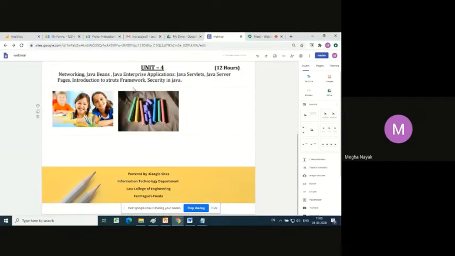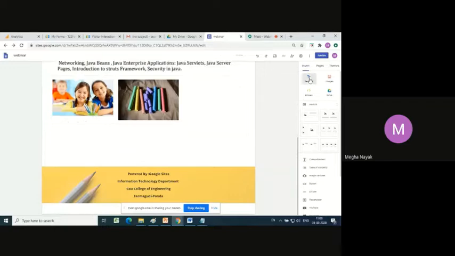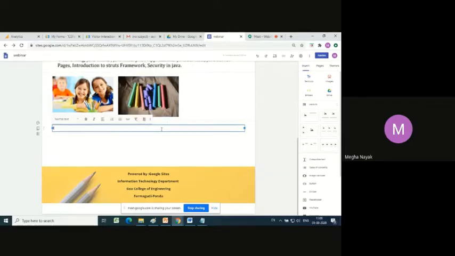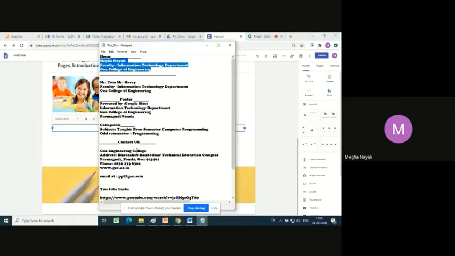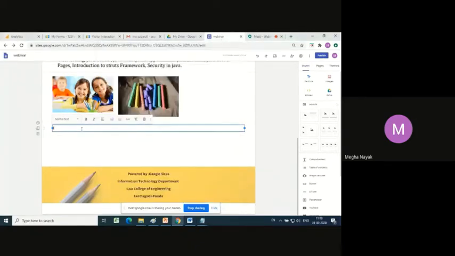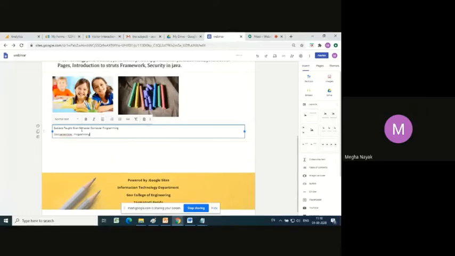Now if you want to describe this image, you could give a text for that image. Now I'll show you how to insert a text box. Now this is a text box. I just clicked on this and a text box came here, and some text that you want to say, for example, subjects taught. I'll just click on it. You can type, but I don't want to waste time typing. So this is the text.